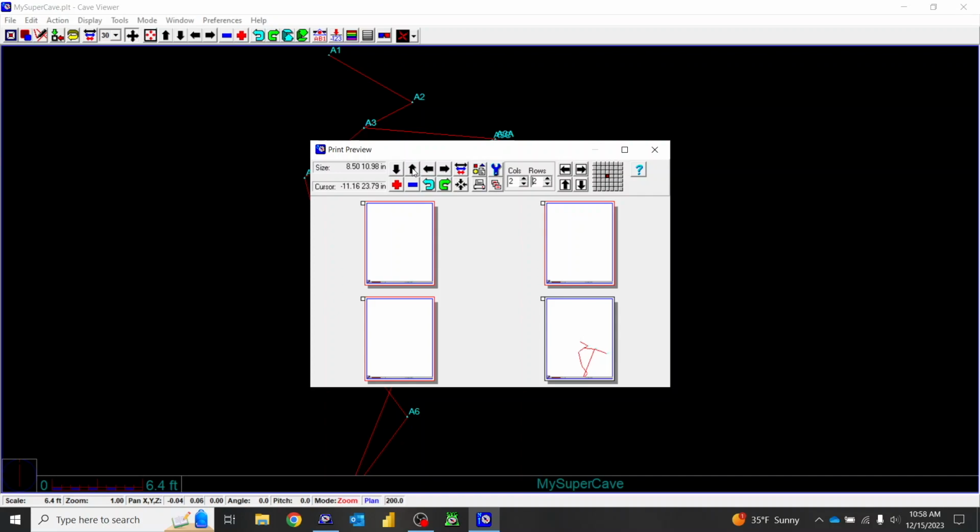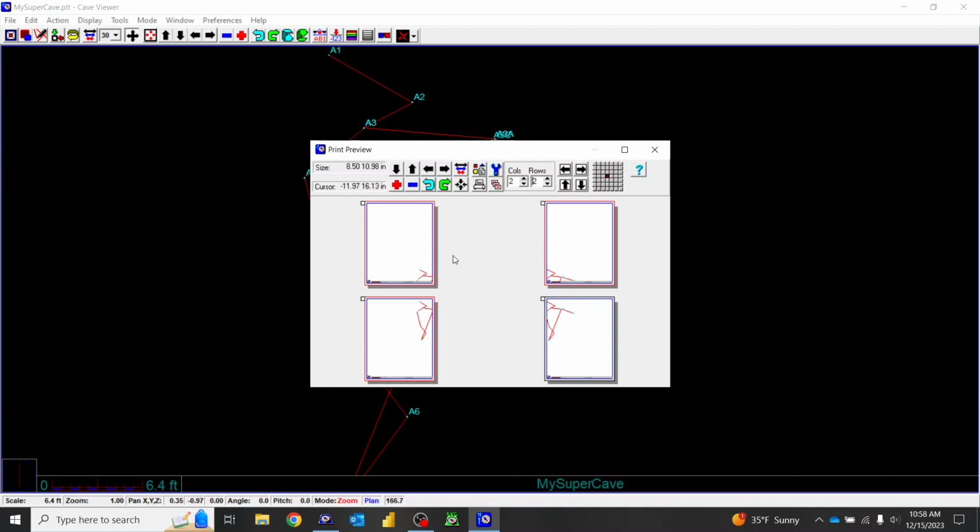So right now the line plot is super tiny, but pretend for a moment that this is like a massive cave system and it's got to be on multiple pages. So I can move this over, and now that if this expanded all over the place, I could print it to the right scale. So 1 inch is 20 feet,